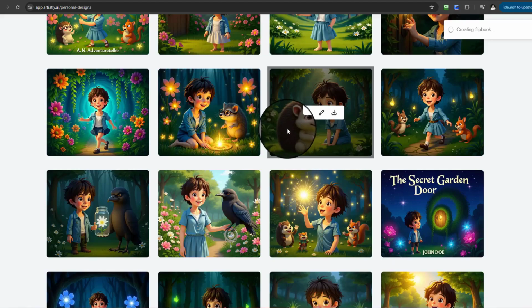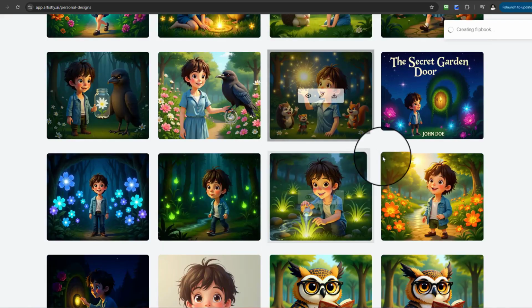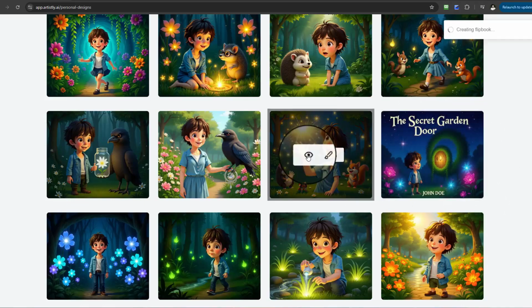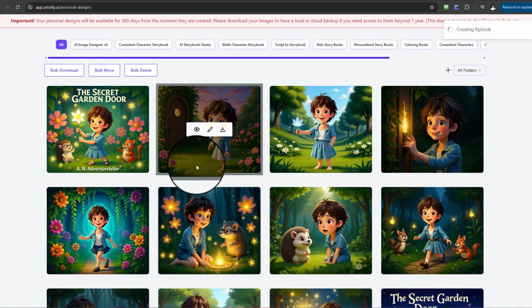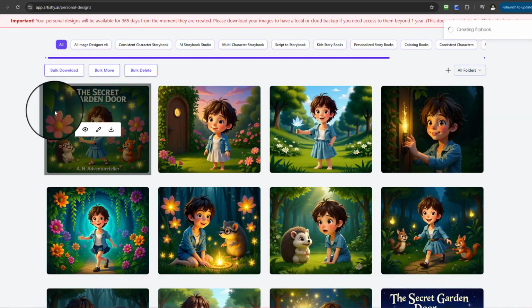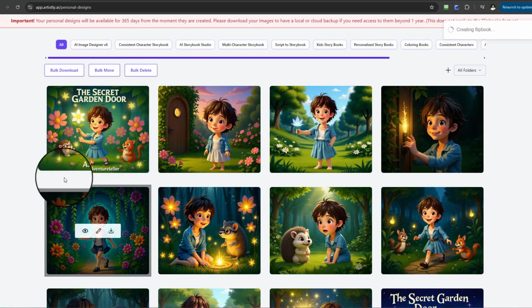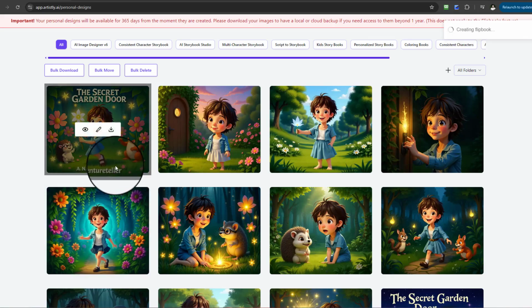Okay, so we can see from the last section here, these are the new images for the secret garden door. And there's the beautiful book there. The name is obviously left blank, so it's actually going to generate us a name there, and things like that. If you do create a name and you want to remove it or you want to make edits, don't just